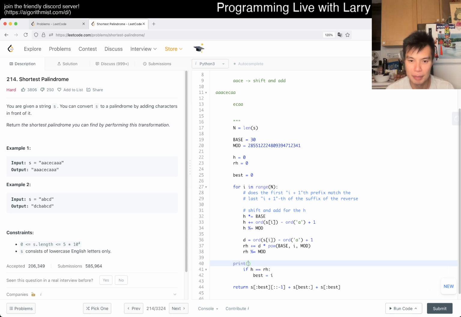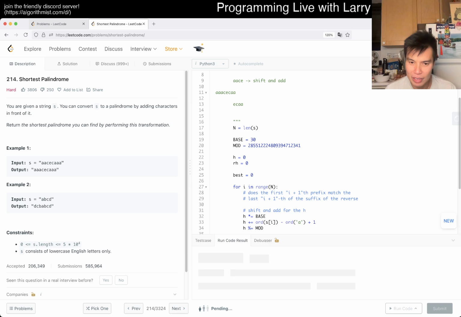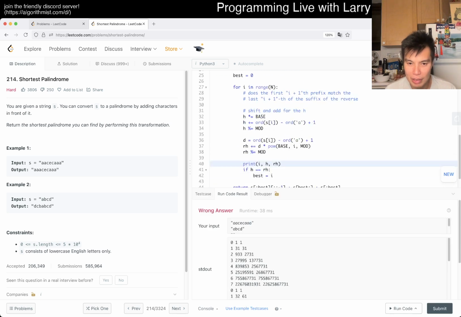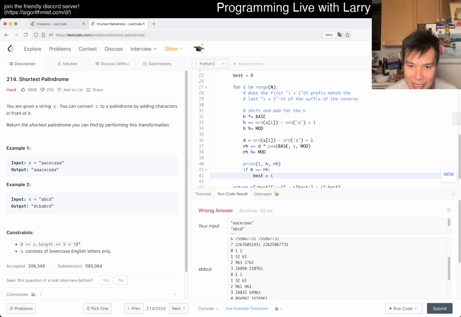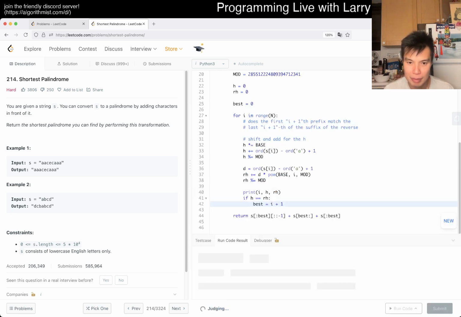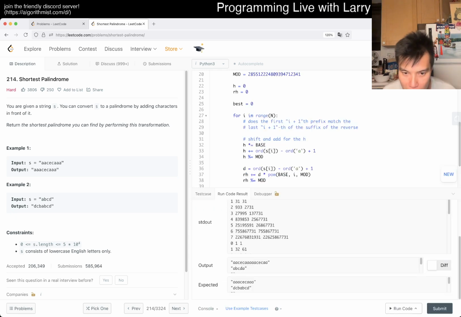Let's see. I think the idea is right, but clearly I'm wrong. So okay, this one overlap, that's fine. And 7, ooh, 7 is just really wrong, huh? Oh no, 6 is right. So why is it not doing 6 correctly? Oh, I said that I needed this plus 1, but I think I just messed up. So okay. Okay, still wrong, but